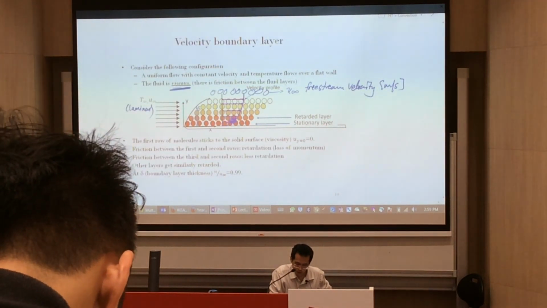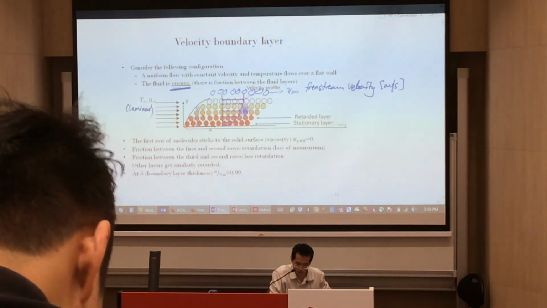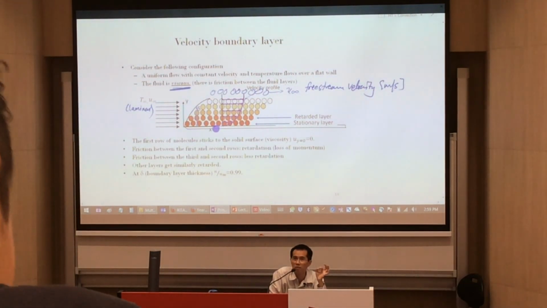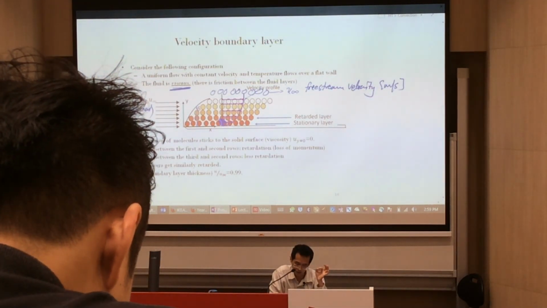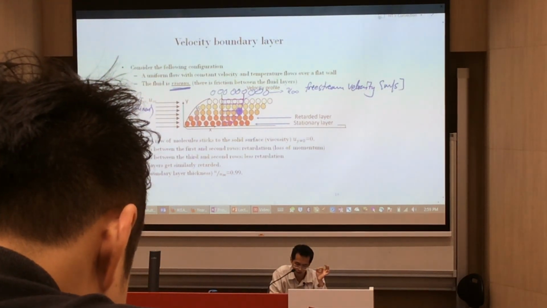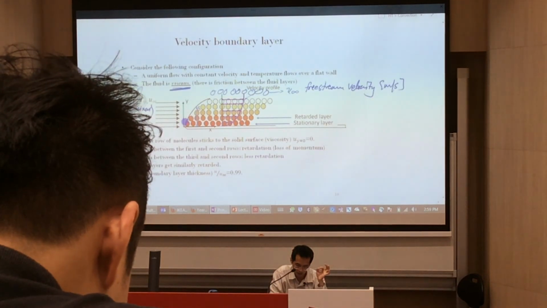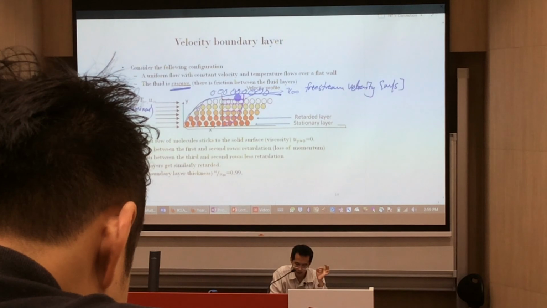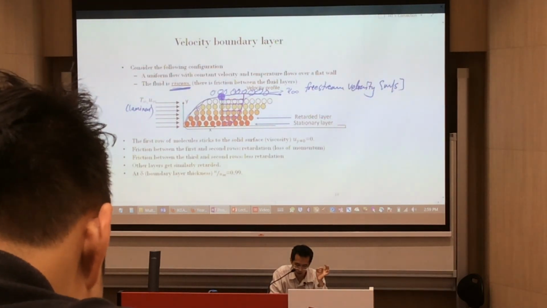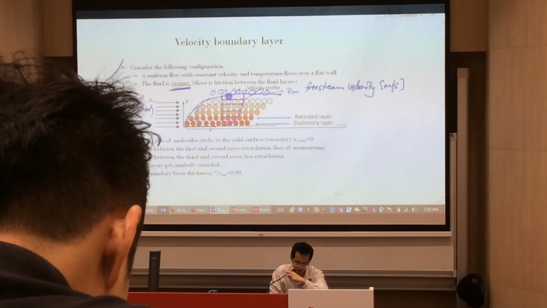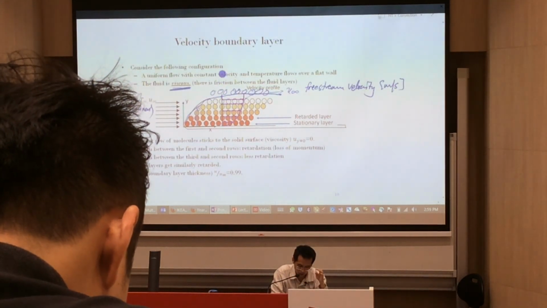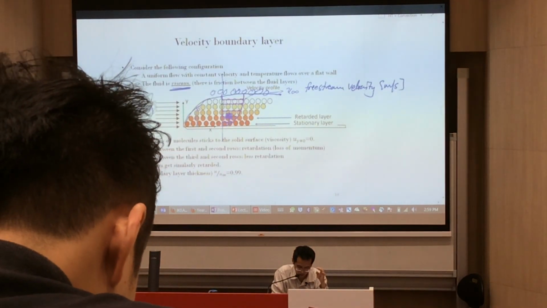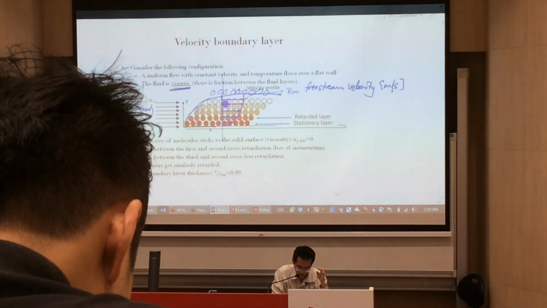So if I were to sketch out velocity profile, this part here, this velocity got to be zero. And increasingly, the next layer would have a higher velocity until it reaches what we call the velocity boundary layer. At that velocity boundary layer, if I were to slice this in this axis, and have a look at the velocity,